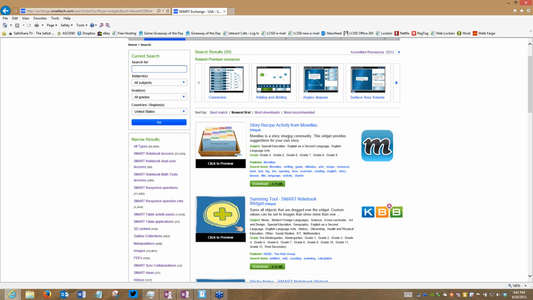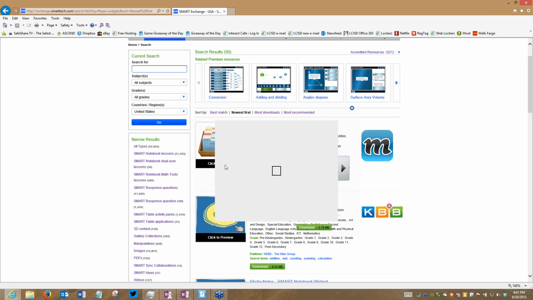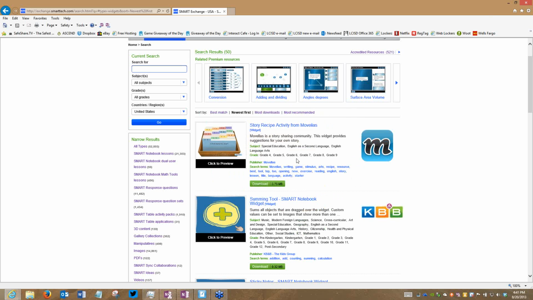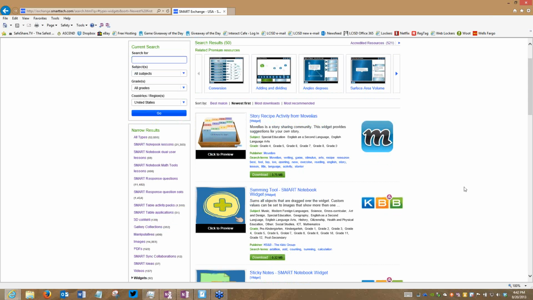I've got to watch my time. But this will pull you up and get you into the widgets where you can quickly get a preview idea of either do a little next, or several of them actually pull up a little YouTube video that lets you watch the YouTube video of it. But you can preview the widget, and if you choose to, you can very quickly download it. Very easy to do. Like I said, there are quite a few widgets.